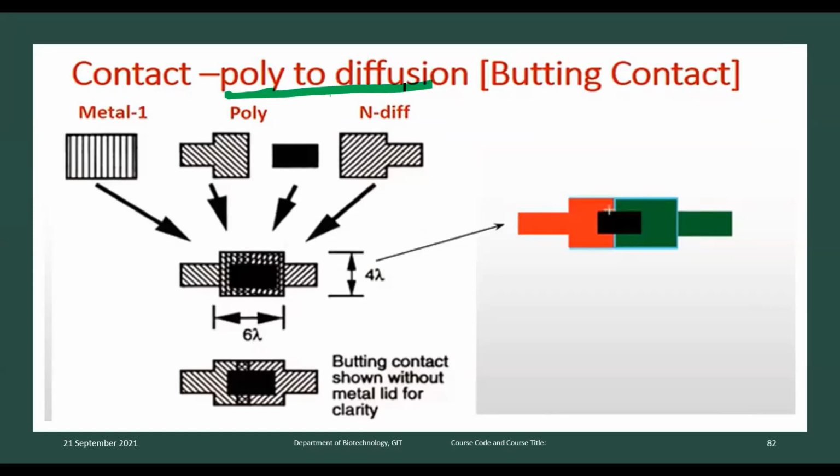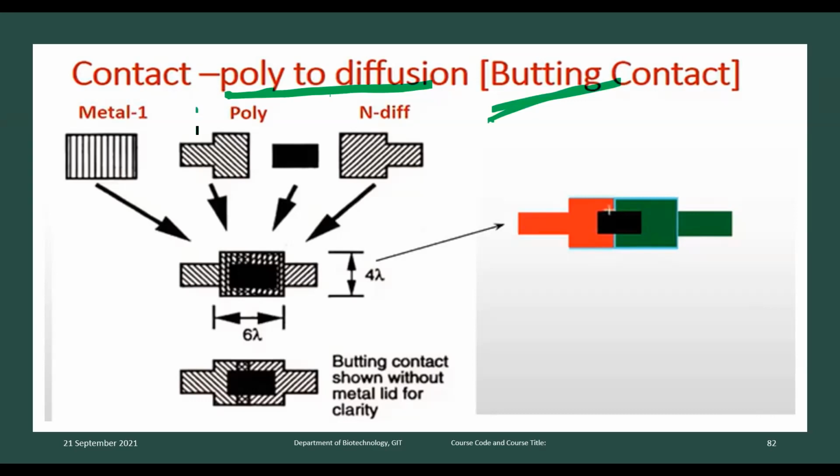I am going to discuss one thing. You can make a contact between the poly and diffusion. Where can you do it? In the depletion MOSFETs, you can use either the buried contact type or the butting contact. Already we studied how the buried contact can be used to join the gate and the source, or poly and the diffusion. Now it is time to understand the same thing, but with the contact made by the butting process.